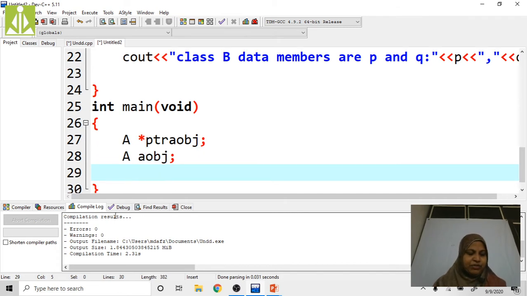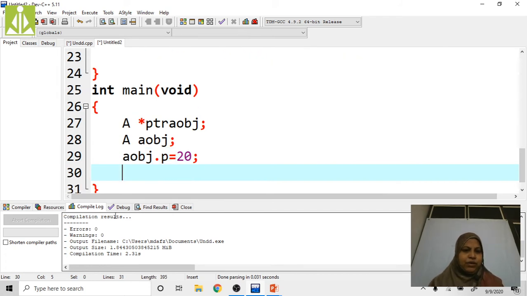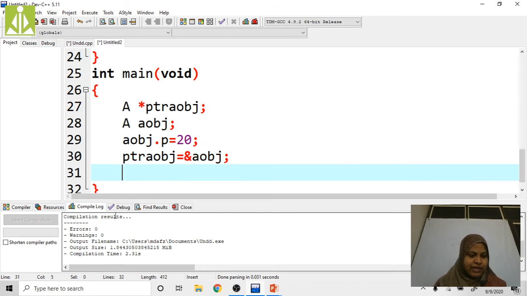By using this A object I am going to assign the value of P equals 20, right? Now here I am going to assign the reference: ptrA_obj equals address of Aobj. Here I am assigning the object reference of class A to the pointer variable, right?